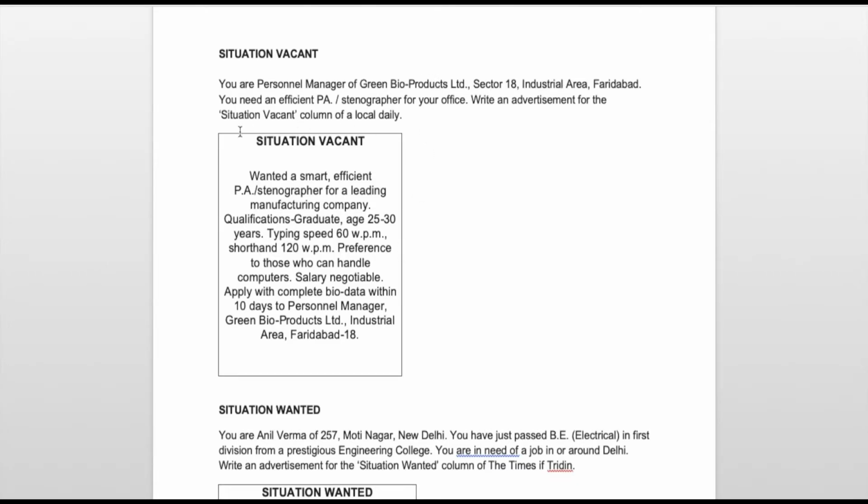The basic format of an advertisement is very simple. First thing, you have to put up a heading in bold letters and in capital letters. And the second thing is that without leaving any line, you have to start your advertisement. The content of the advertisement,